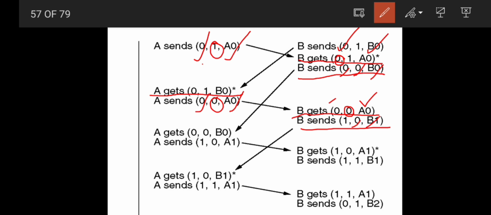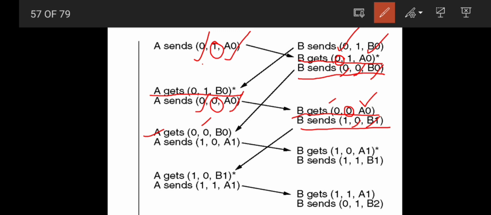After some time, you can see here the frame from B, which was previously sent, is now received by A. Sequence number is 0, that means it's actually a duplicate. Frame 0 was already received by A. To check the acknowledgement, yes, now my first frame 0 is confirmed.